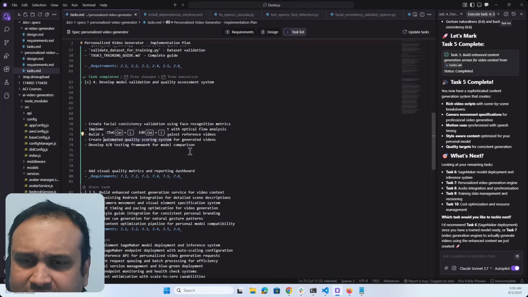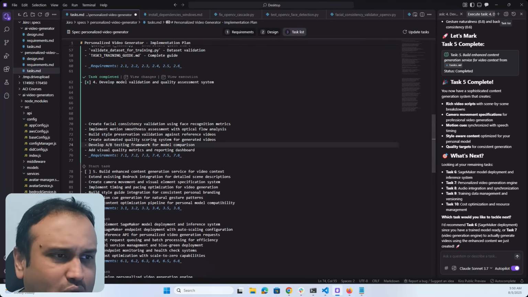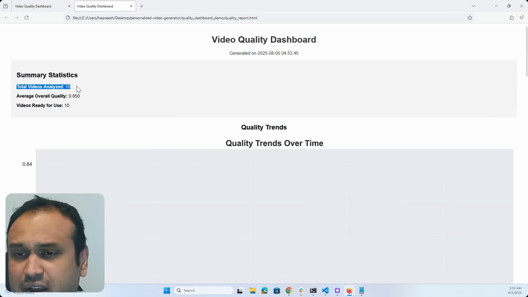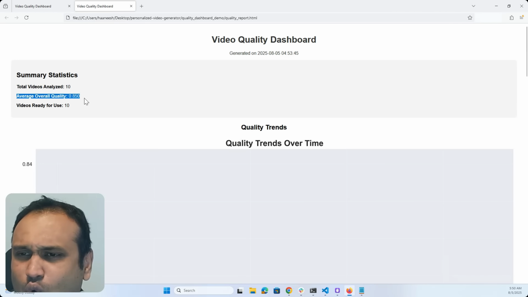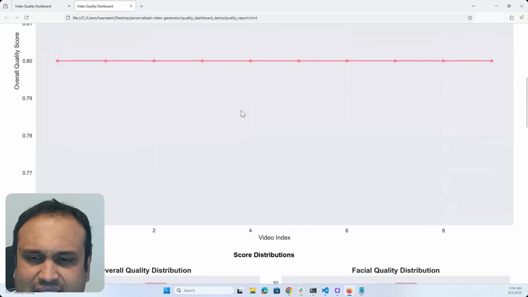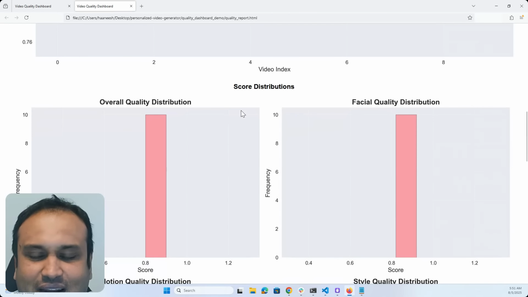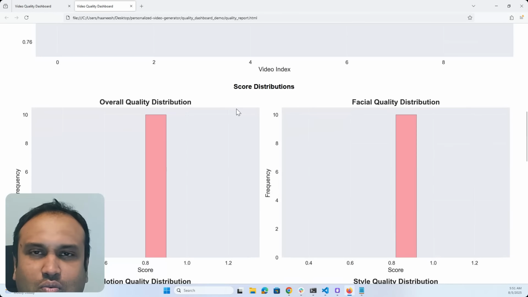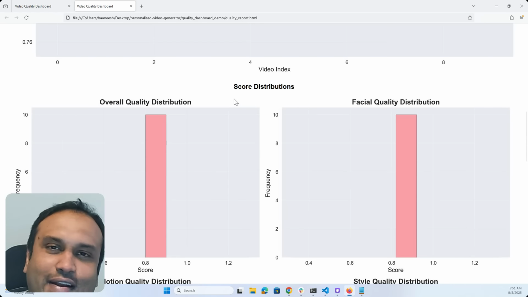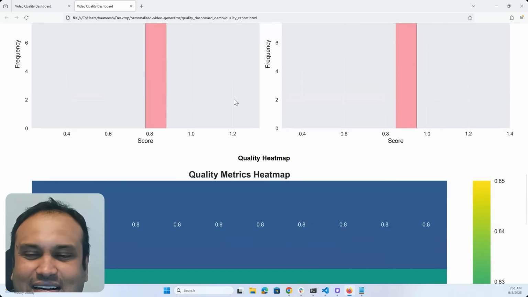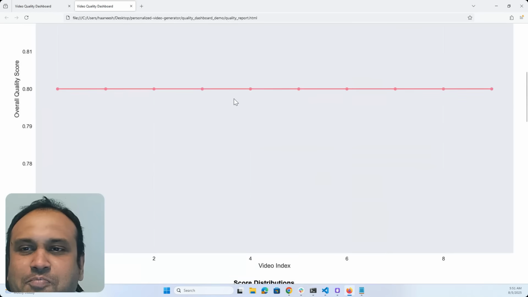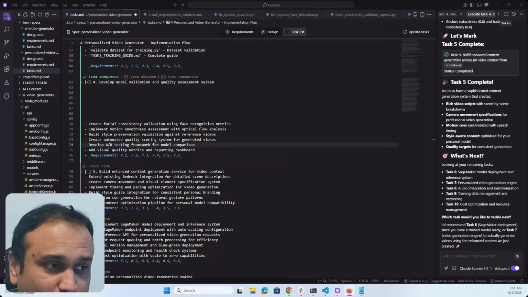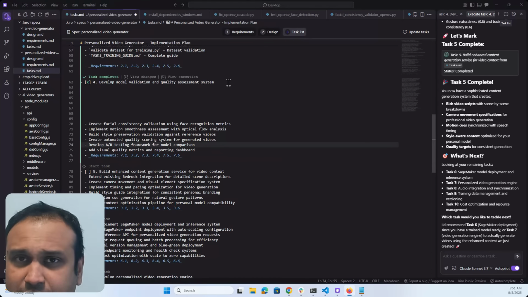And ultimately, I had a reporting dashboard that I'm going to look at. And so that dashboard looks something like this. So this is just simulated videos, okay? So the overall quality, you want it close to 1. And again, I'm just throwing out numbers here, but these are simulated data. If you are really interested in what happens under the hood, feel free to message me. We can actually geek out on all the underlying model details, okay? And so the test right now is just simulated data because I don't have the inference pipeline set up yet.